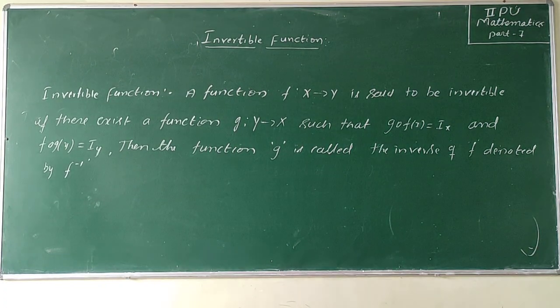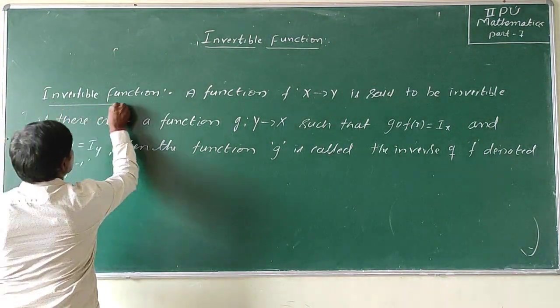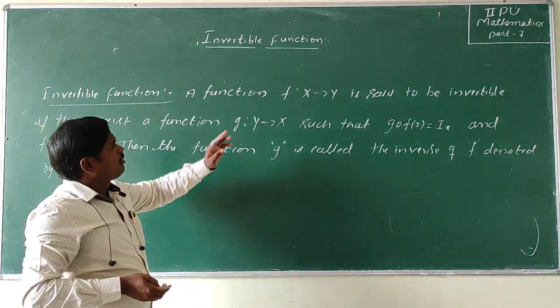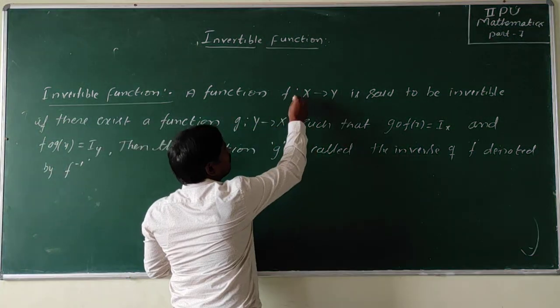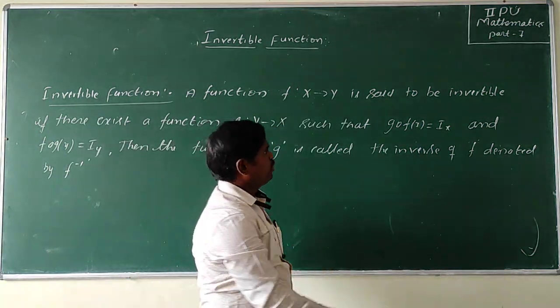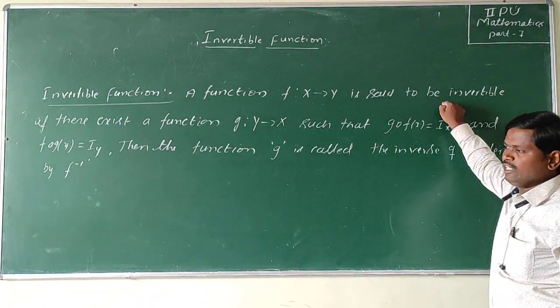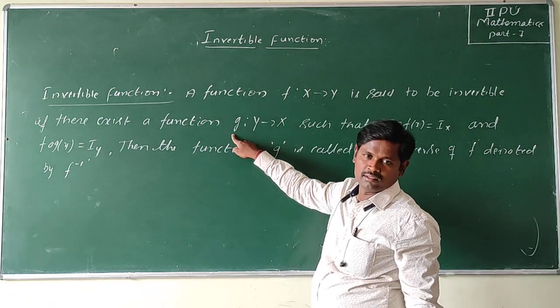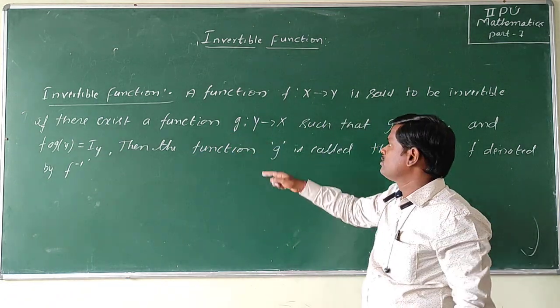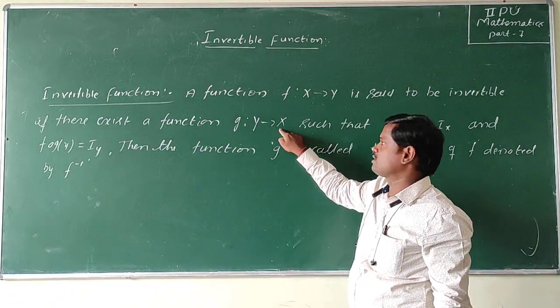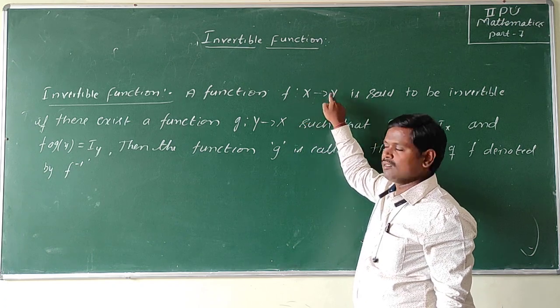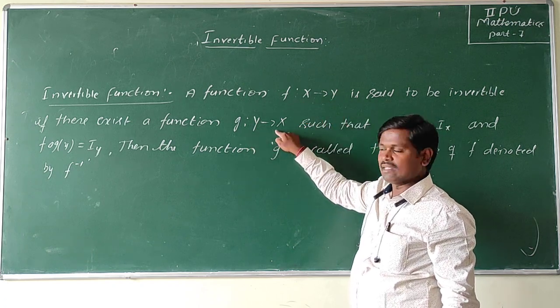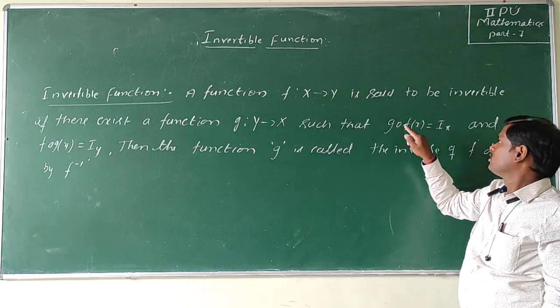So see here, invertible function. A function f mapping from X to Y is said to be invertible if there exists another function g mapping from Y to X, such that